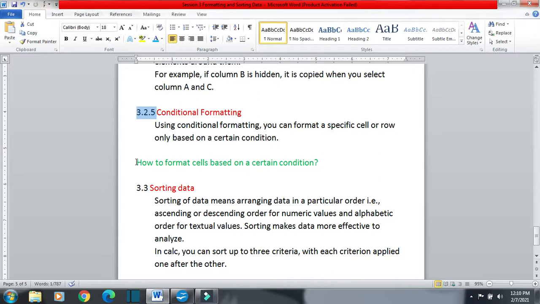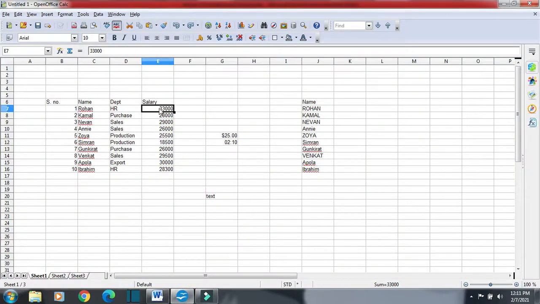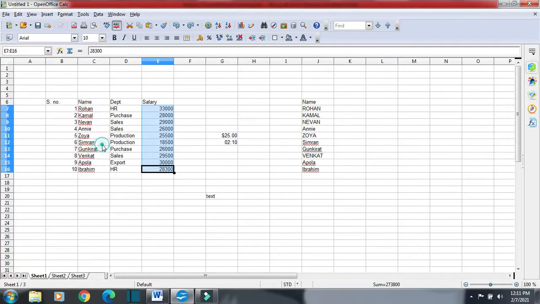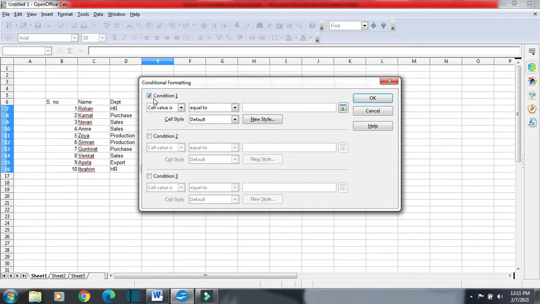Now the question comes, how to format cells based on a certain condition. Suppose I want to format these cells. I will select these cells, and I am going for conditional formatting. So I will click on Format, then click on Conditional Formatting. Here we have the condition number 1.